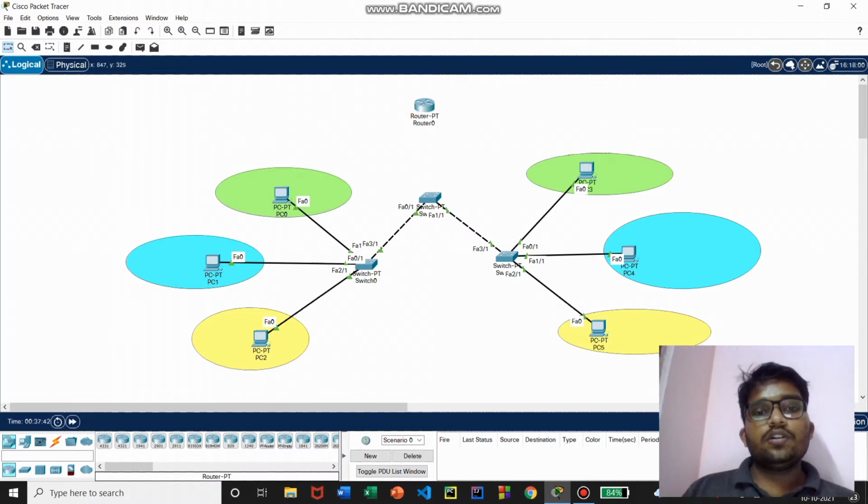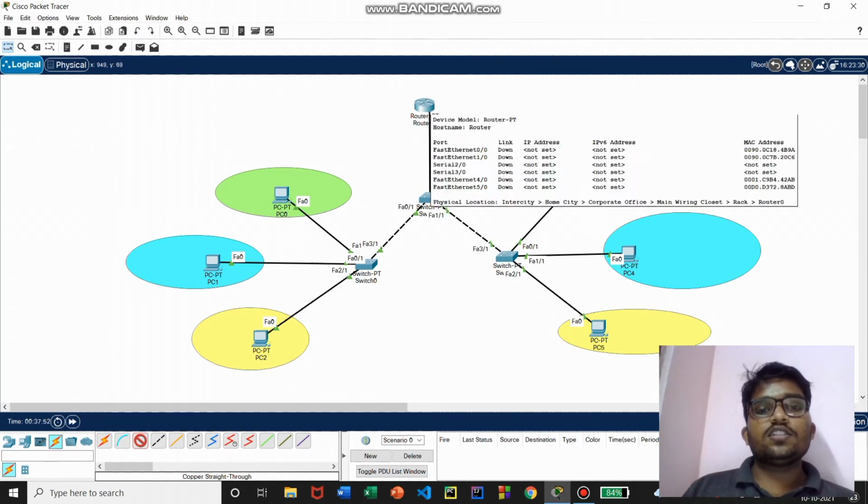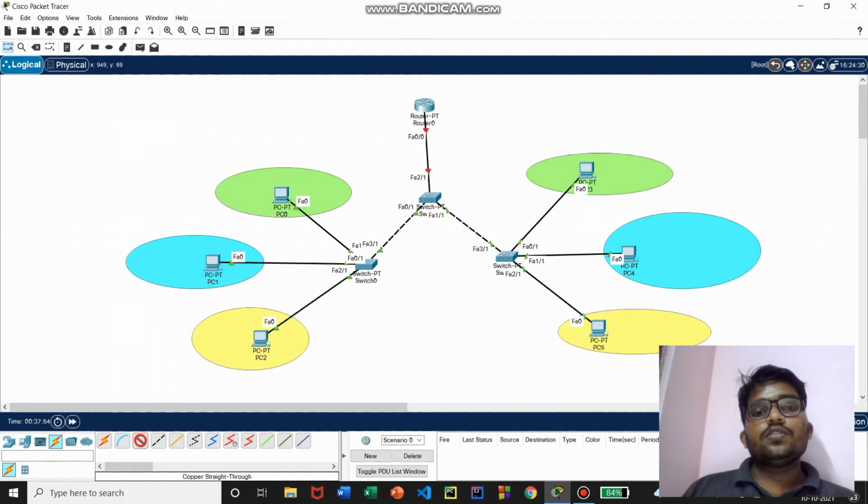is give the cables between the switch and router. Since we have 3 VLANs in this topology, we'll run 3 cables from the switch to the router. Each cable supports the traffic of each VLAN. So that is how it works. Now we have added the first cable, that is FA0/0 from the router side.